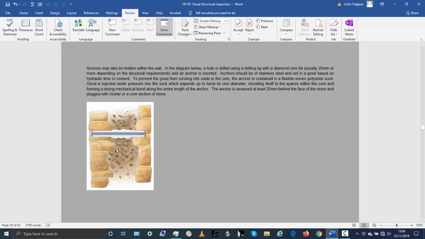Now, because oftentimes there's a void in here, a void created by the movement of the bulge, this core fill can often have a void. So because of that, they don't just grout it in. They don't just pump it full of grout. What they do is they have a kind of sleeve here, like a polyester sleeve or a sock, and they fill the grout into this sock. This sock prevents the grout from being lost if there's a cavity there. And what it does is it ties this wall and this wall together.